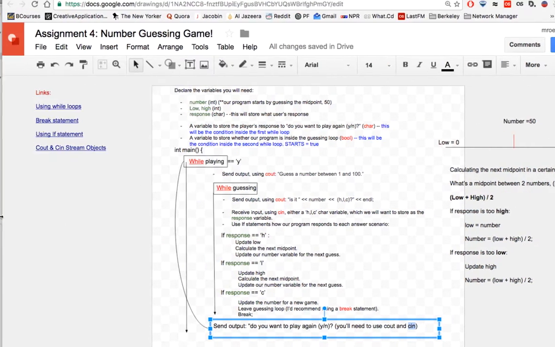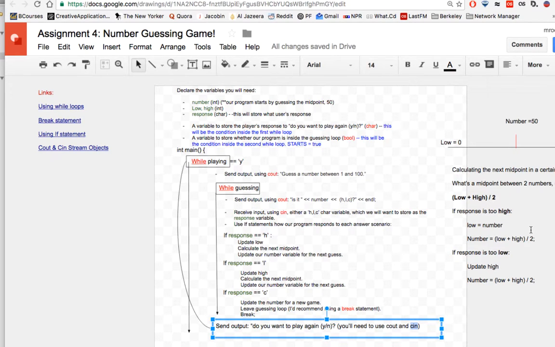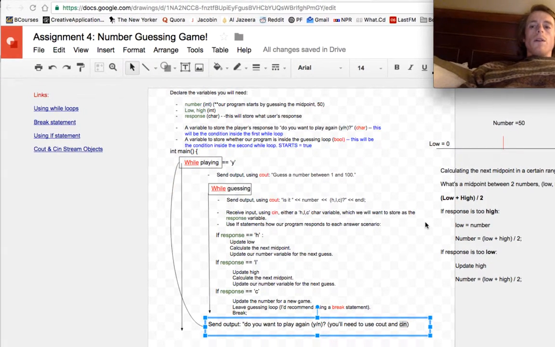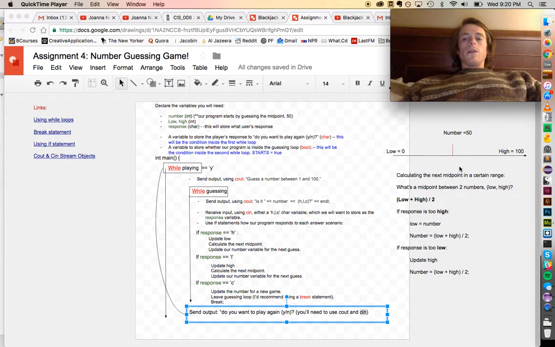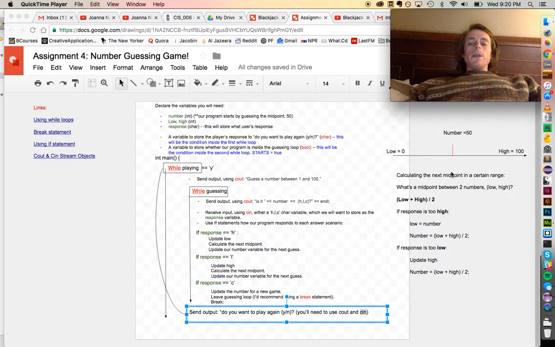So hopefully this should give you the overall idea of how this algorithm of guessing midpoints works. The example I used, when I went through it with you with the number 94, only kept on going into the branch where our response was too high, and never actually went to where it had to fine tune it and go a little bit lower. But you can work through this yourself and understand this,